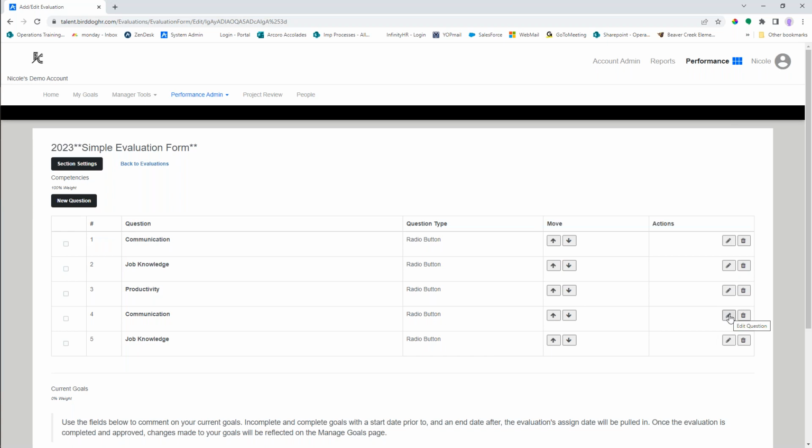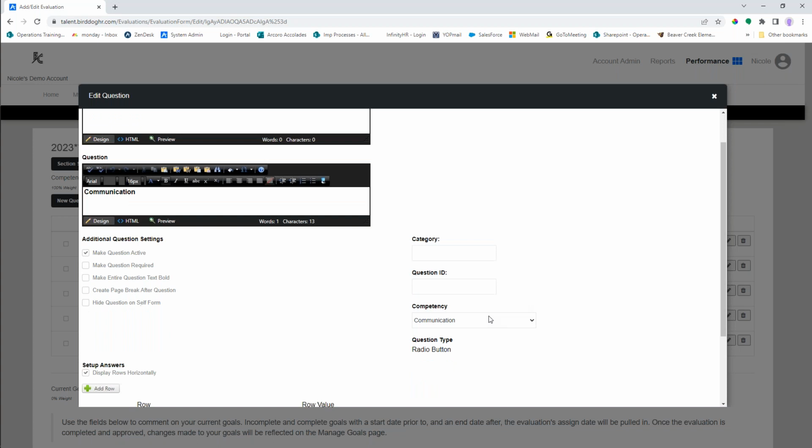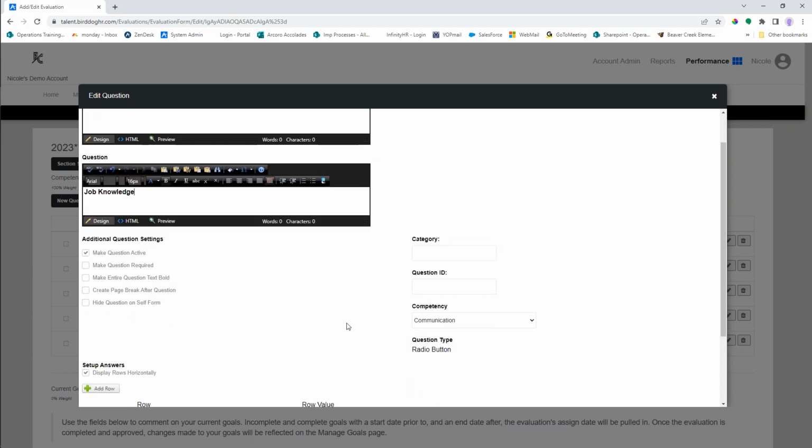I just change the competency. So let's go in and take a look at what those questions and the question setup look like. Under my action column, once again, now I have a pencil icon for each of my questions. So by clicking on that pencil icon, I can come in and make changes. So here, maybe I want this to be job knowledge. So now it's taken on all the properties of my previous question,